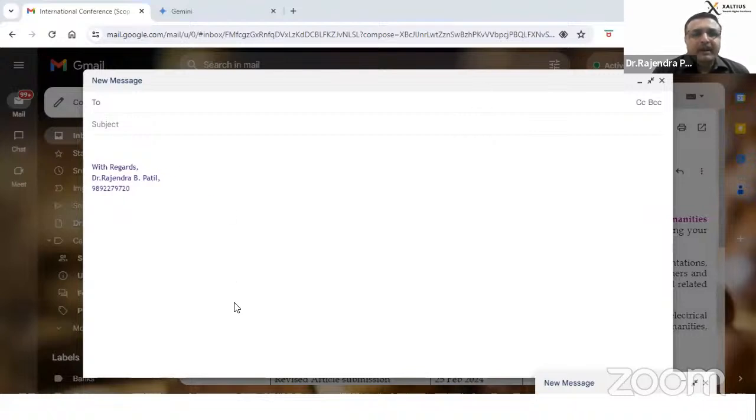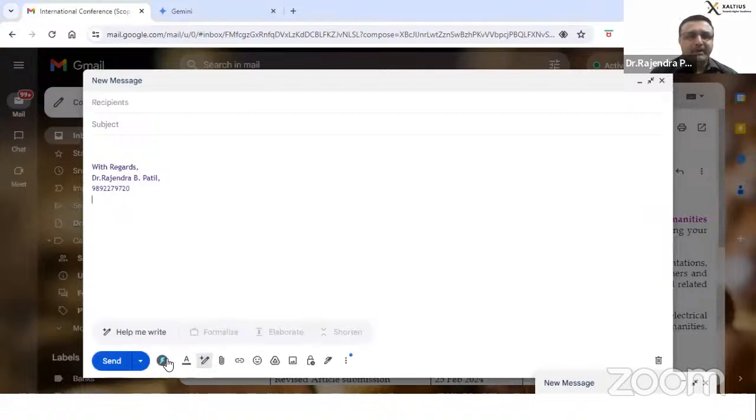I want to write a mail for a research proposal. I have made my mailbox quite smarter. Can you see here, there is a ChatGPT writer, as well as a Help me write. These are the tools which I have integrated. I will make your mailbox smart today too.